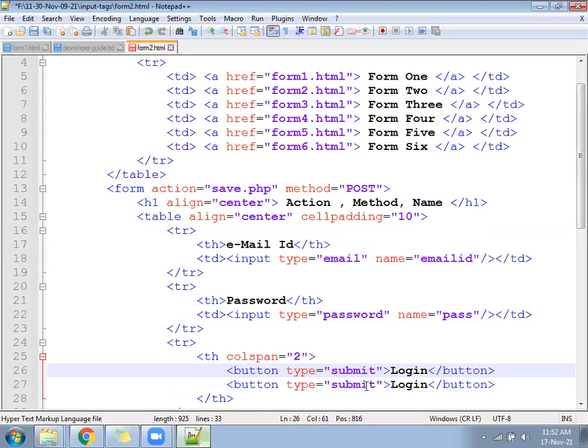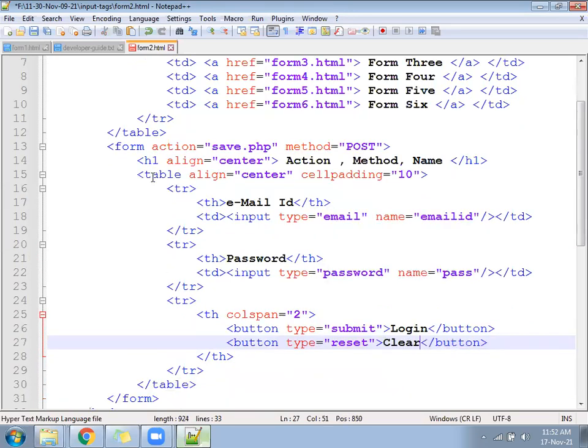Another one I wrote here called reset. We can write here called clear. Reset and clear. Create two buttons, submit and reset.